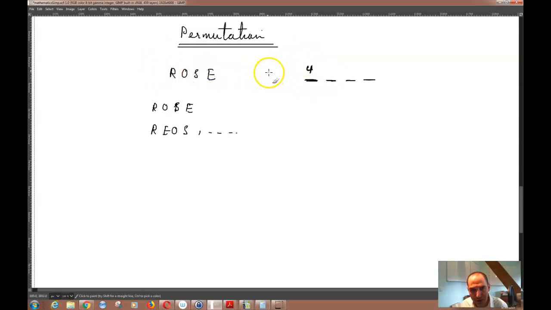Then, since repetition is not allowed, whatever letter I have used in this placeholder, I cannot use it anywhere here anymore, which gives me another 3 letters to use here. With the same logic, I would have 2 more letters to use here and one more letter to use here. So by the principle